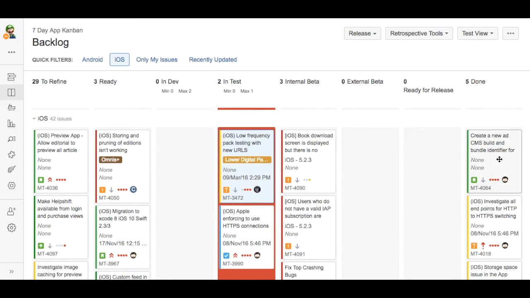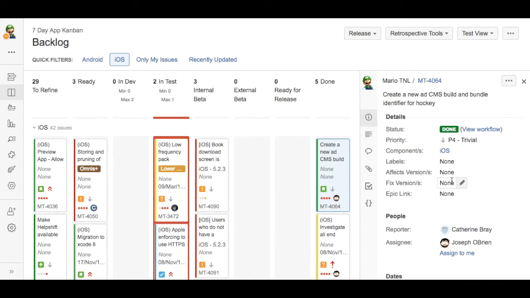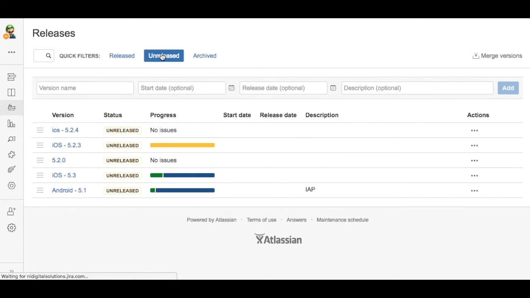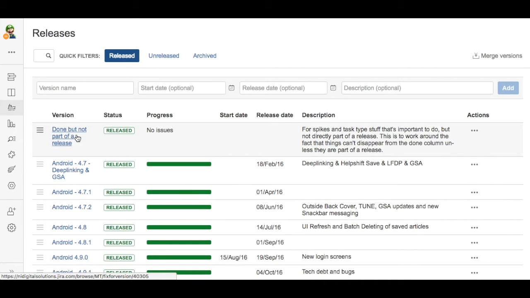Now the easiest way, and you want to get them off your board of course, so what I've done is I've created a version and released it. So you just then add these tickets to that release and they'll just disappear. So let's say, for example, I go to the released board just to check what it's called. I only want to see released tickets. Okay, done but not part of a release. That's the version name. So if you've got a ticket like a spike or a task or something like that,